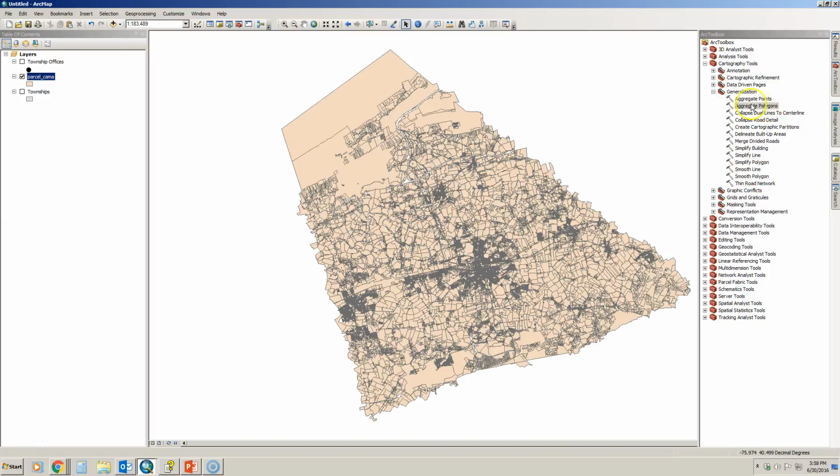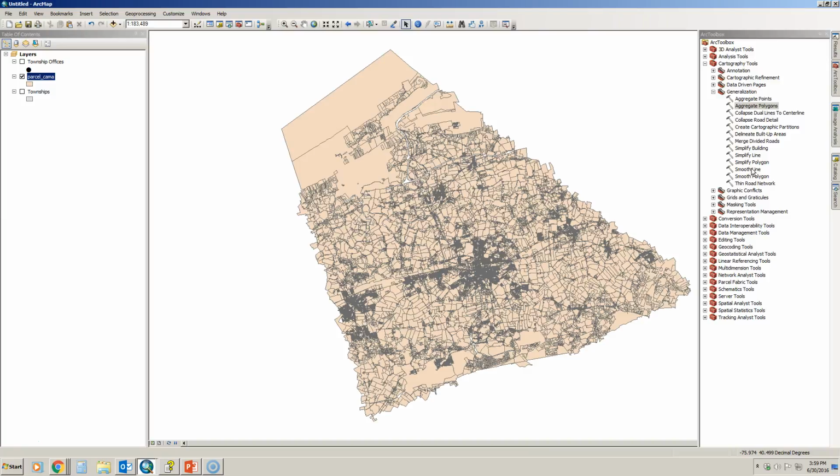and the aggregate polygons. What these do, the smooth line and polygon, let's say that you have a really rigid type of river that is just very angular. It just smooths it out. And same with the polygon. For instance, there are times that I do a connect the dots with the outmost line points, and it makes it very, again, angular. The smooth polygon smooths out all of those edges and just makes it look a little bit